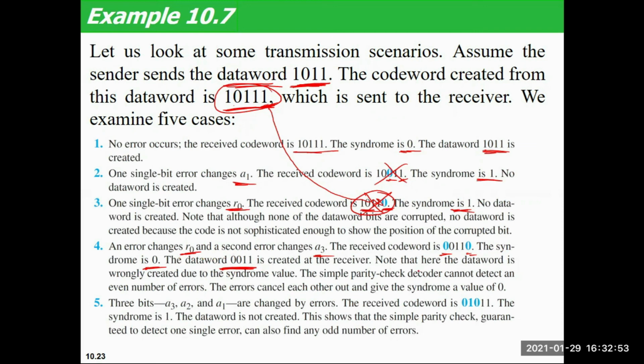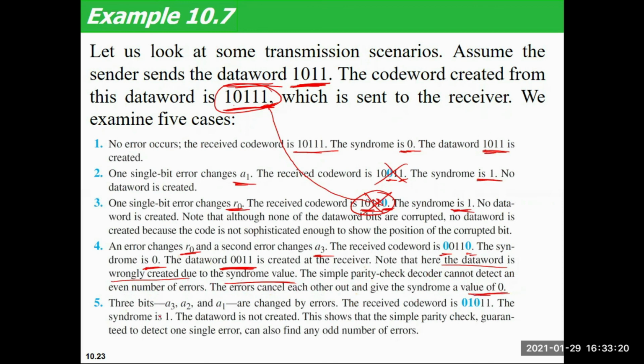Here you need to note that the data word is wrongly created due to the syndrome value. So the simple parity check decoder cannot detect an even number of errors. You are seeing in this case that the errors cancel each other and the value of syndrome becomes 0.